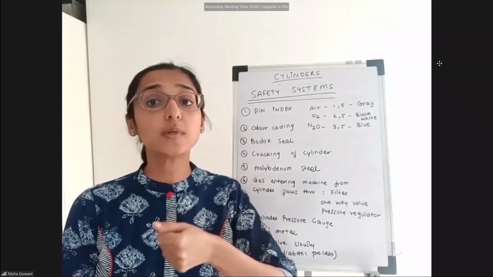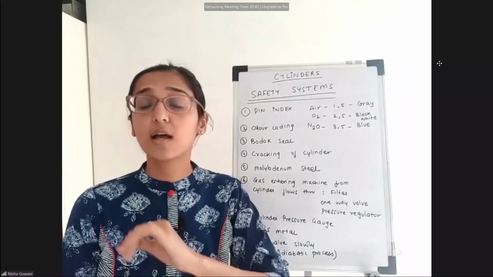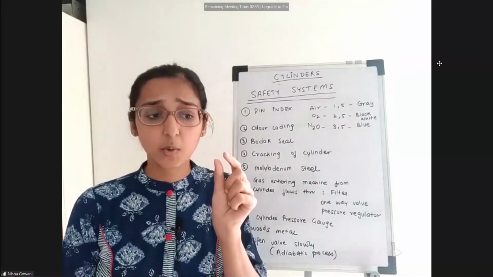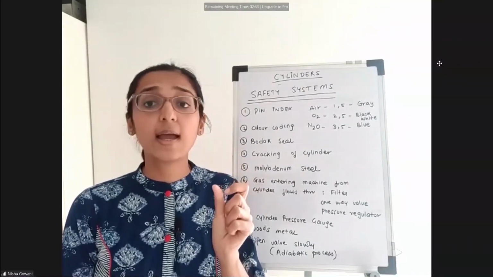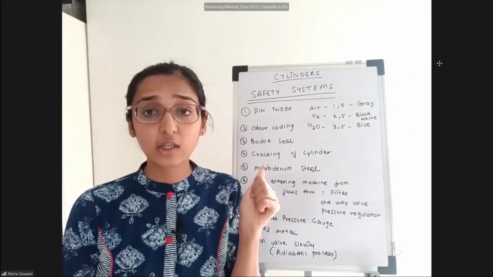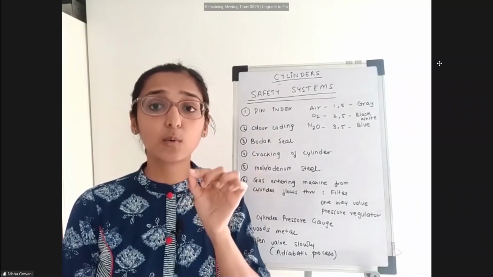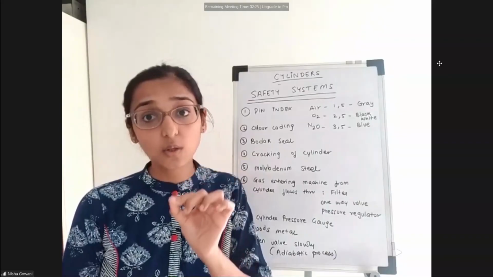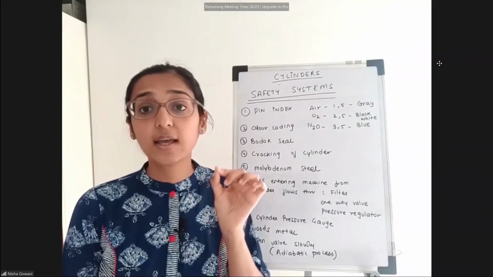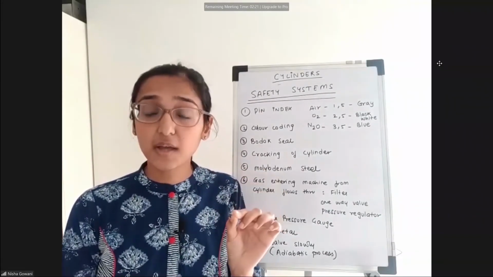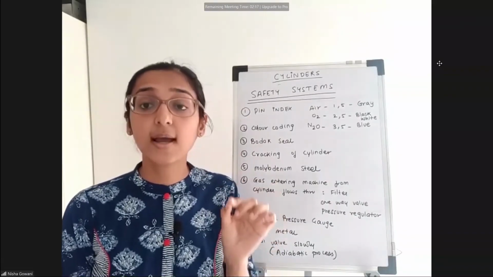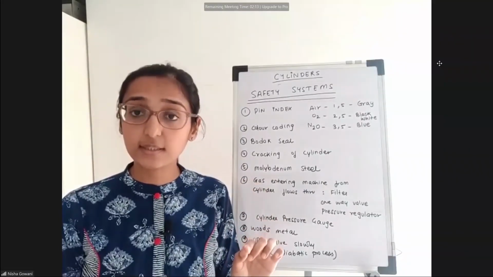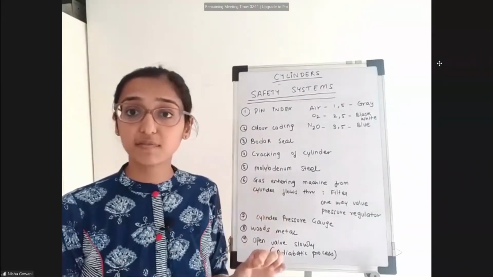So if you open the valve super fast, a really fast flow of gases will occur, and the temperature will rise in that small space in the port. If the cracking of the cylinder has not been done, there would be some amount of grease or dirt in that port area. That grease or dirt can catch fire, and this fire can cause an explosion. Hence, it is necessary to do cracking of the cylinder and to open the cylinder very slowly. So these are the two safety mechanisms.